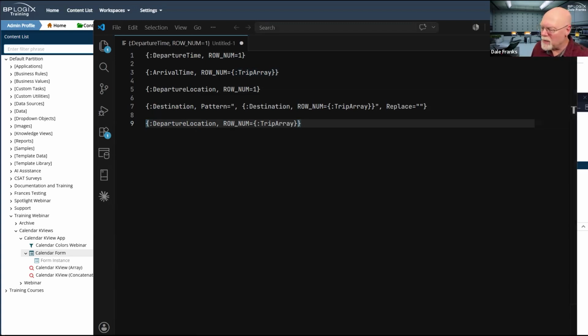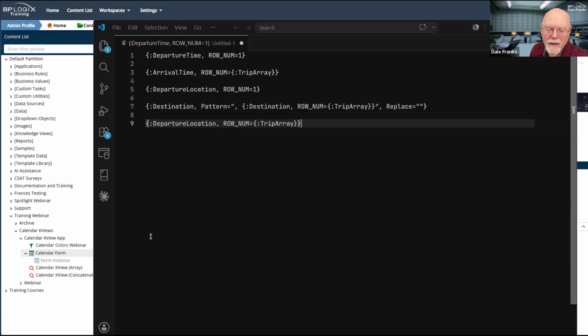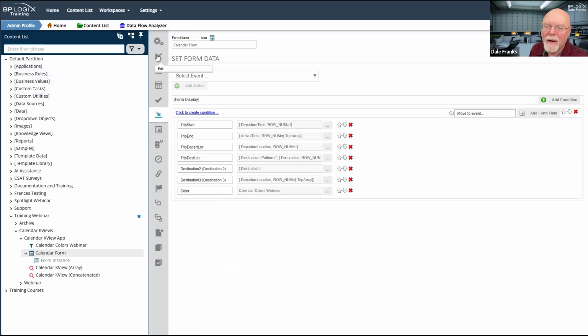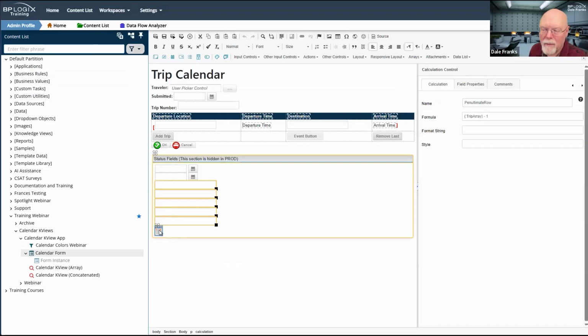I actually thought I had used that somewhere when I was looking it over yesterday. The reason why I have this particular field in here is the other way that I can do this if I want to, although it is a little less convenient. I have to remember what I called this field, and I don't. So I'm going to have to go look at it. Penultimate row is what I called it. I'm going to need that here.